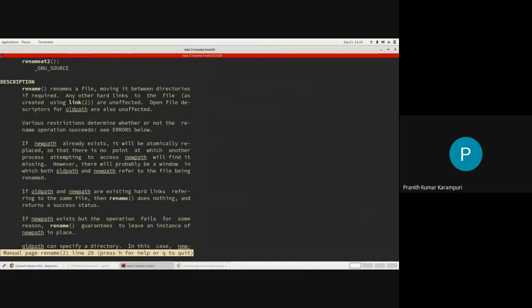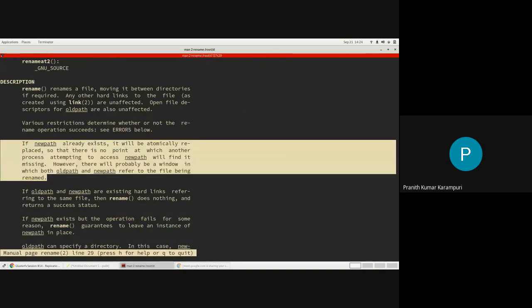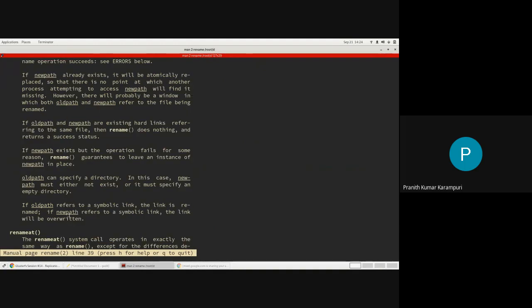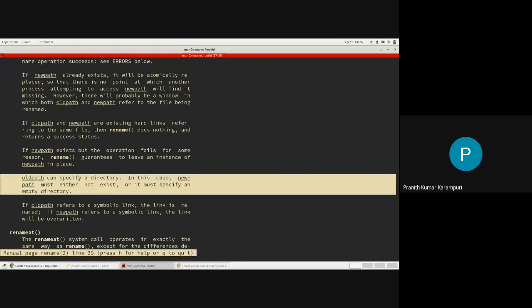But the rename syscall allows it. If the new path already exists, it will be atomically replaced, so that there is no point at which another process attempting to access the new path will find it missing. This is the important part: if the old path specifies a directory, in this case the new path must either not exist or specify an empty directory.